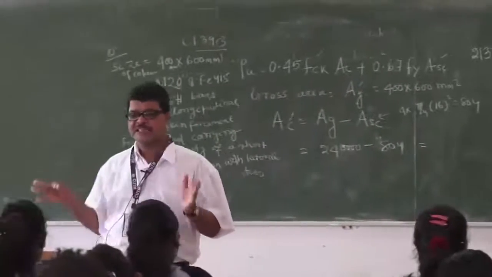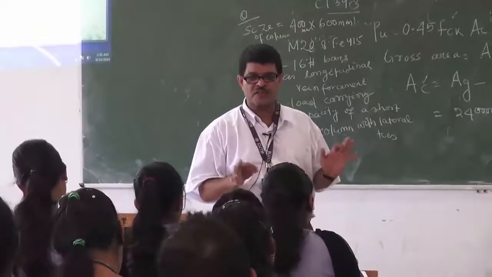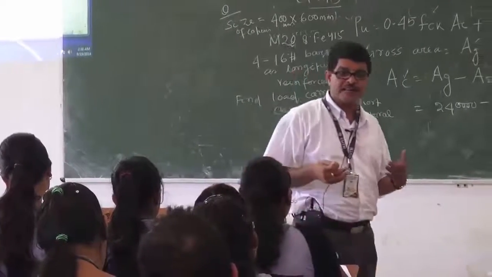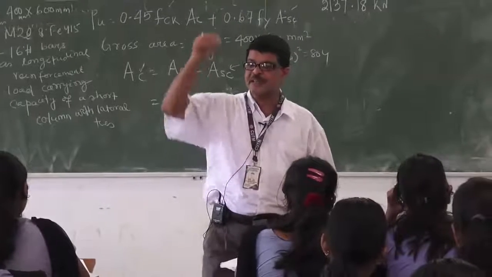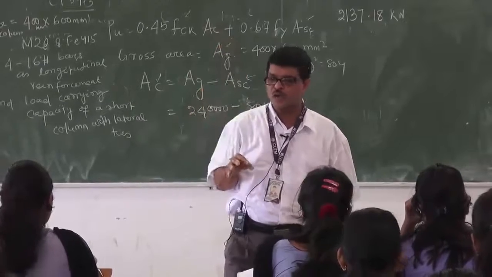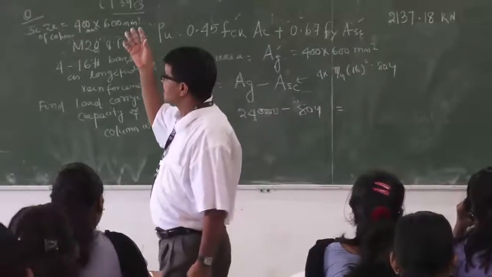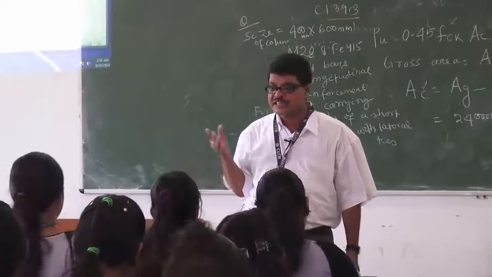Now this is a simple analysis part. All the values are given, put the equation and get the answer. Okay, that is nothing. But in the design part, you have to find some things, how to design. In the design case, it will give: design for 1000 kilonewton load, design for 2000 kilonewton load, and you have to choose all these things. You have to fix the dimensions, you have to fix the steel area.